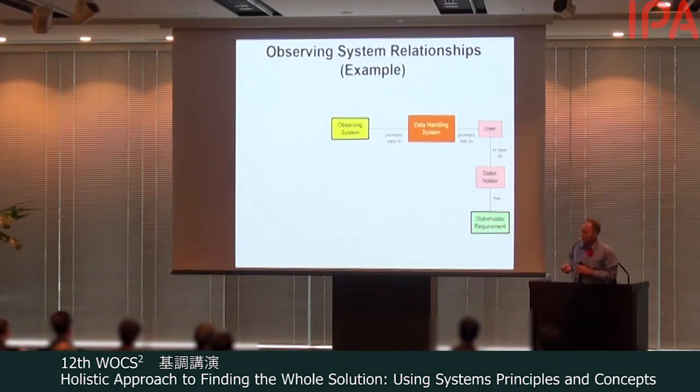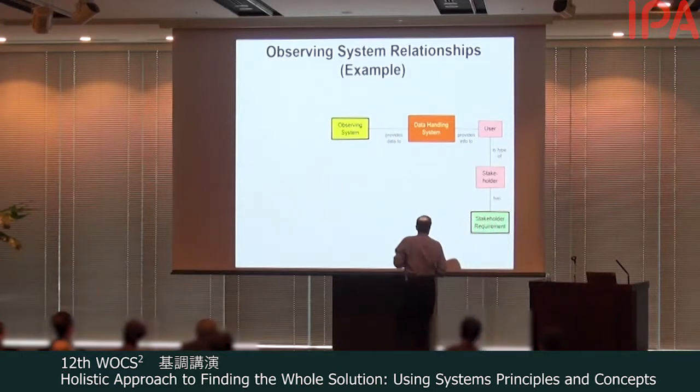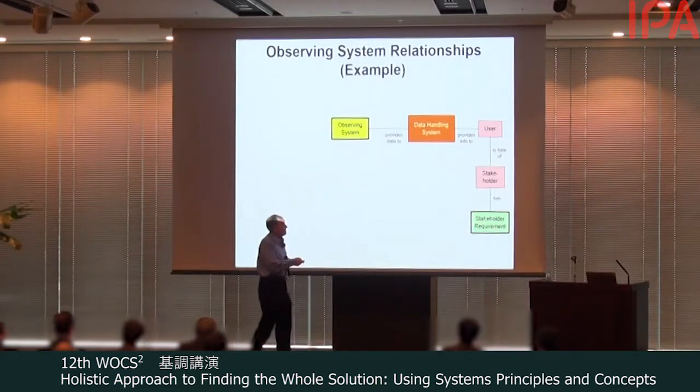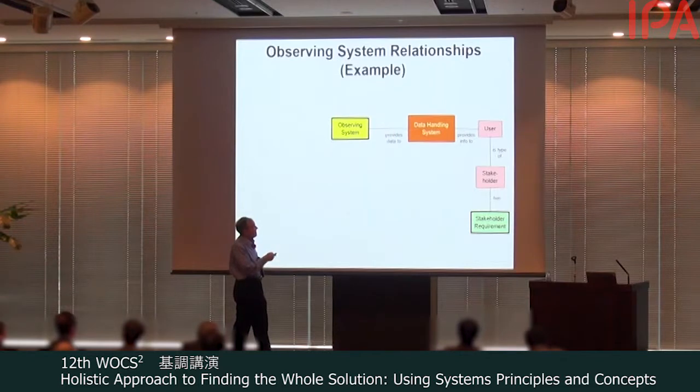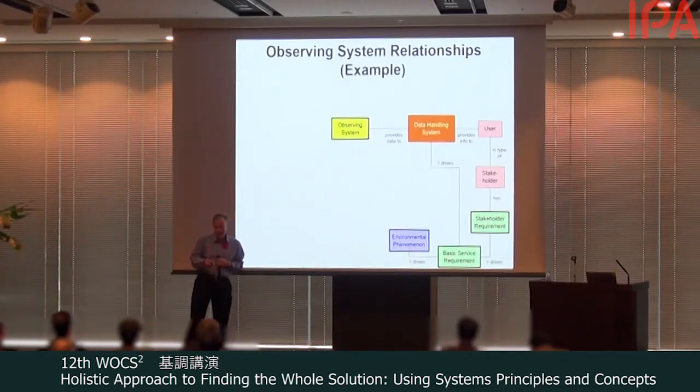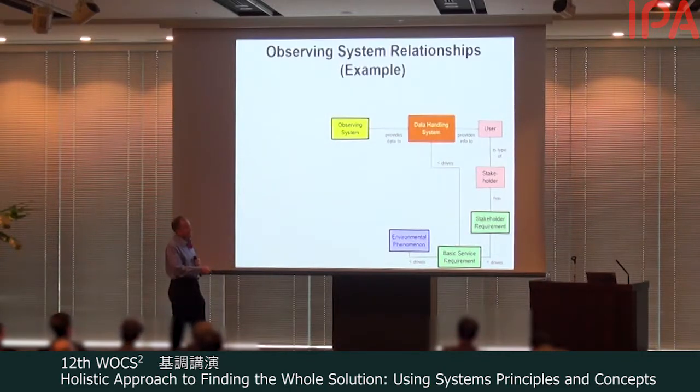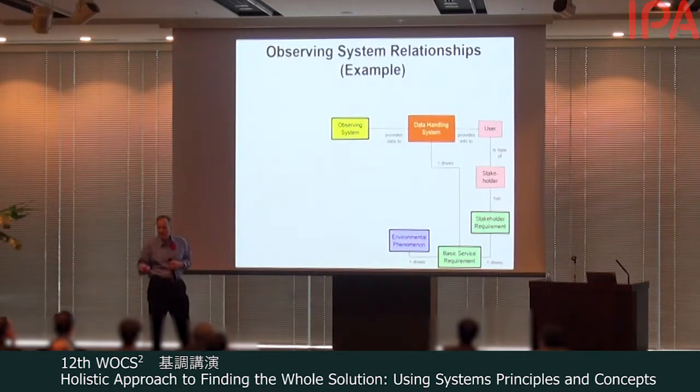A user is a type of stakeholder, and stakeholders have requirements on how they expect the system to provide value. So engineers will turn stakeholder requirements into service requirements. We were dealing with the National Weather Service, so they have service requirements like, tell me if it's going to rain tomorrow. Tell me if that earthquake will cause a tsunami to come to this country, and when will it come, and how damaging will it be?